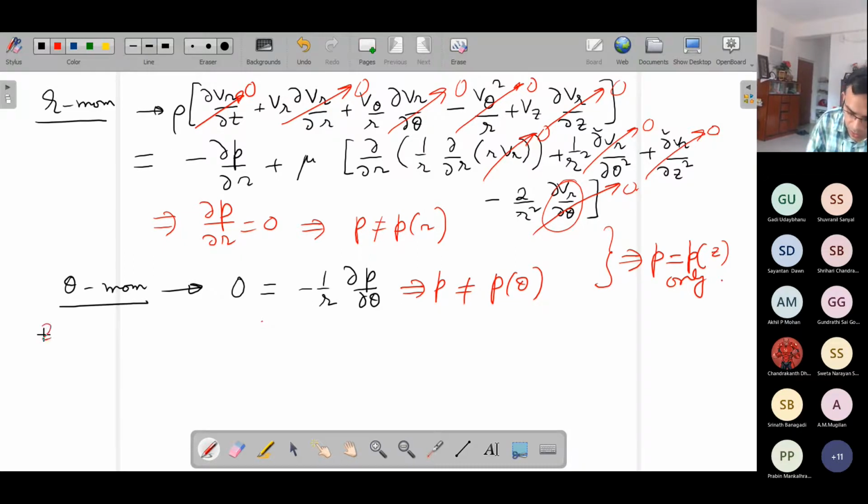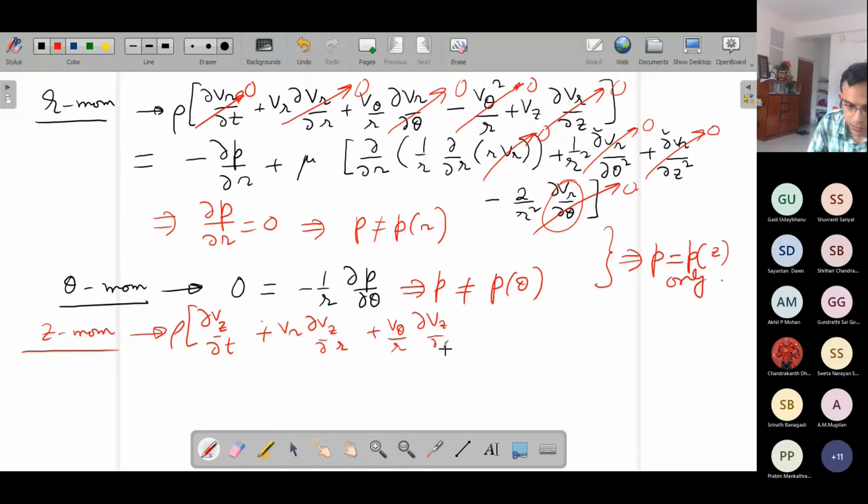Now we will write the Z momentum equation, which is the most important equation for solving this problem. So this is we will write del Vz, this one, plus this is equal to